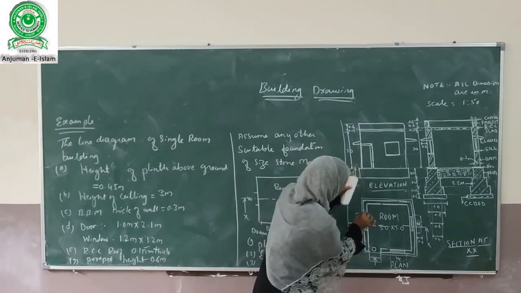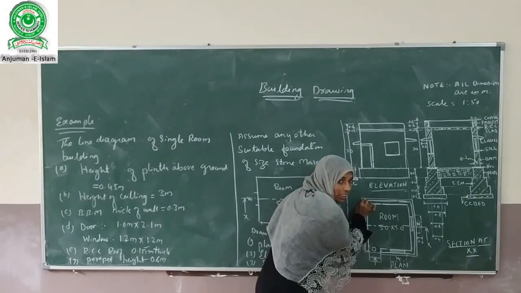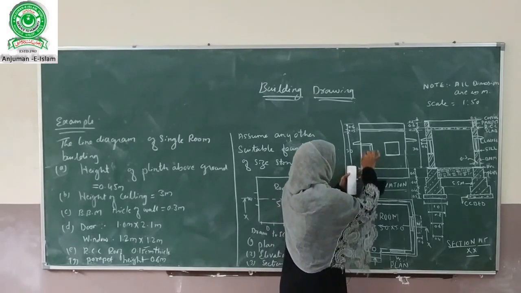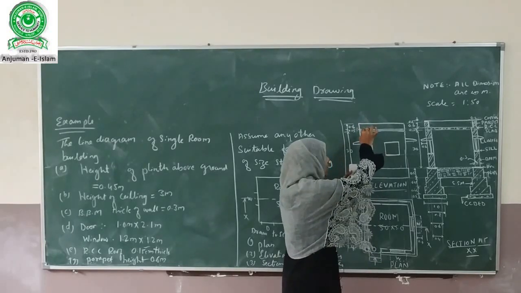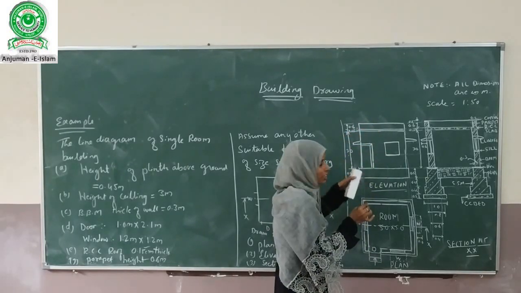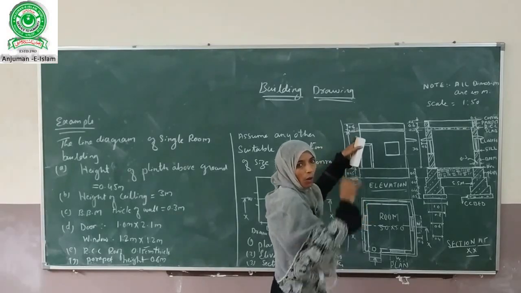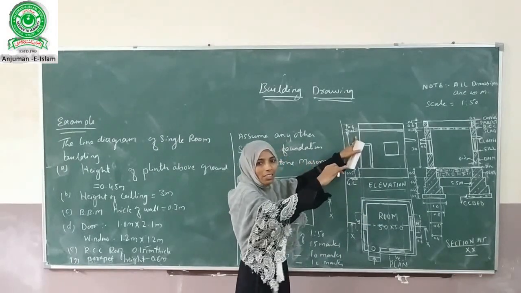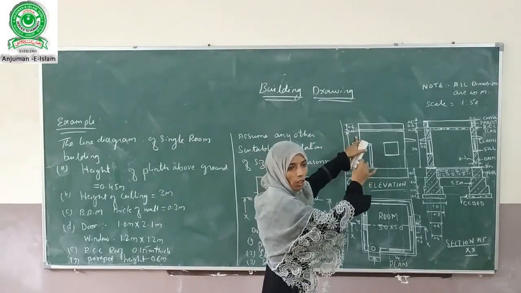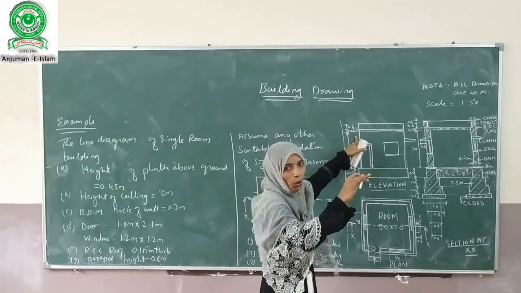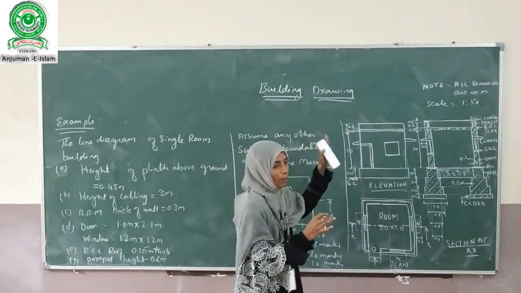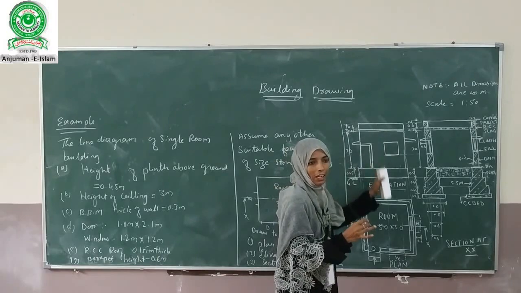Then we have to extend the wall lines from here. Above the plinth, we have to plan the ceiling height, that is equal to 3 meters. Up to here, this will be 3 meters height. This is nothing but the ceiling height. Above that, we have to place the RCC slab. On top of that RCC slab, we have to provide the parapet wall. Above that, we have to provide the coping. This will give all the heights which will be used in drawing the elevations.